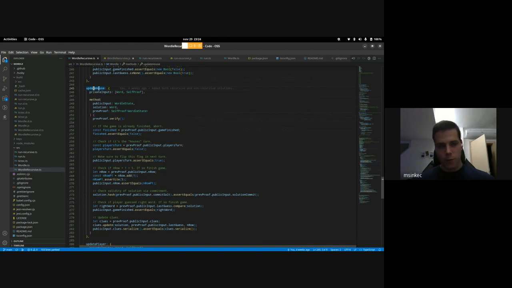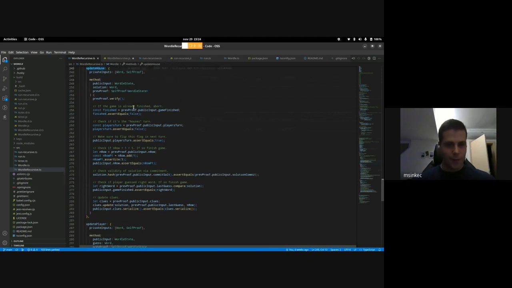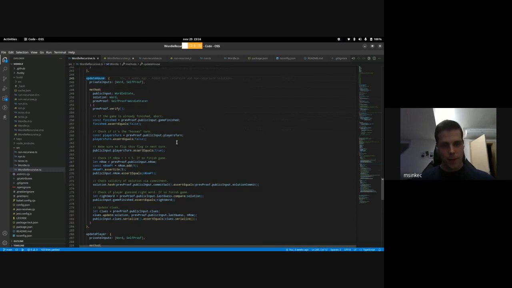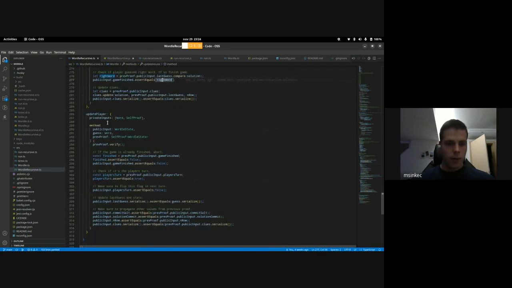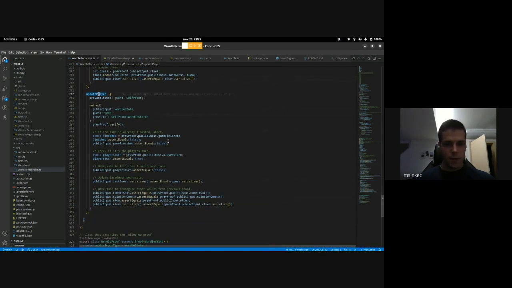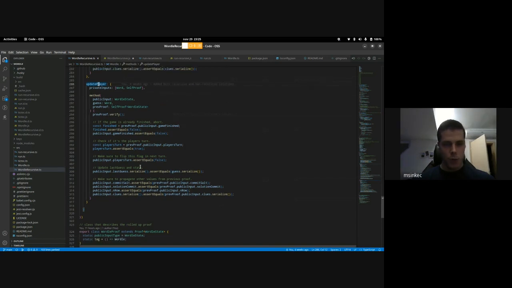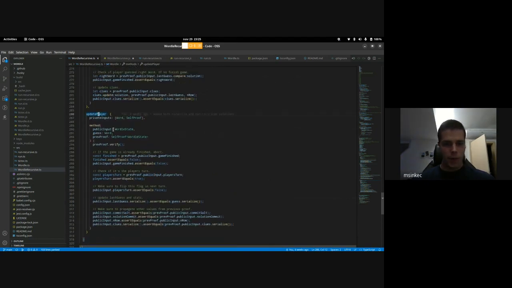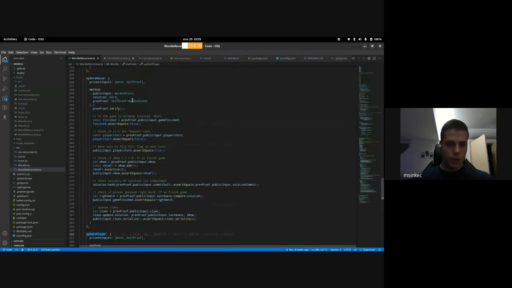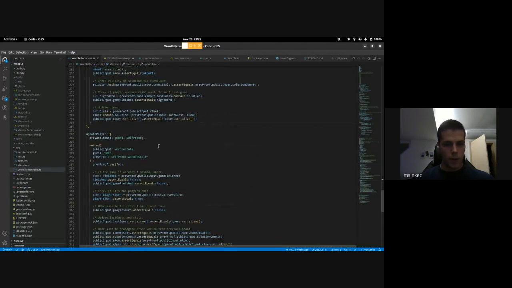So update house server, I call it house in this game, but it's the server's method that the server calls. He takes the player's proof and attests everything is correct there, and he updates the state variables accordingly. So again, if it's the right word, he marks the game as finished, and so on. And here's the player's method. This one is simpler. It basically only updates the state with the latest guess, which the server will then check.